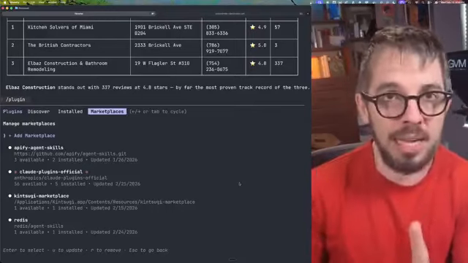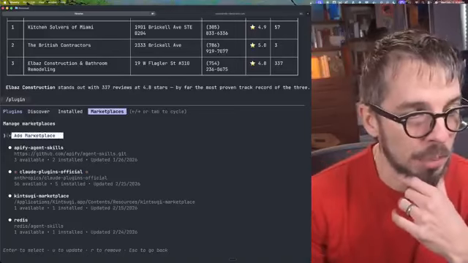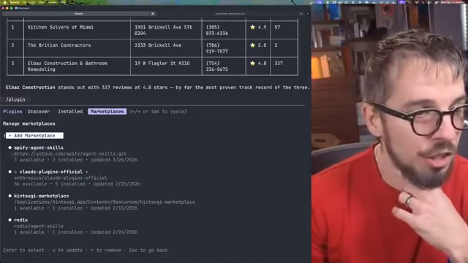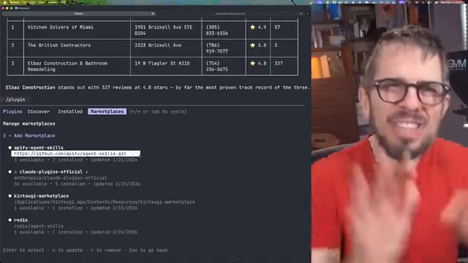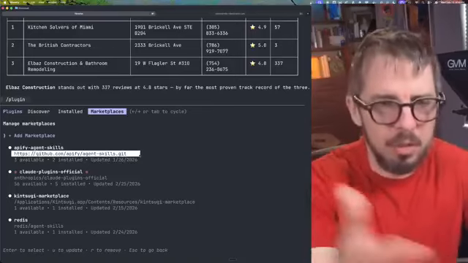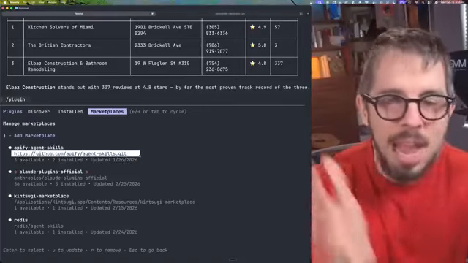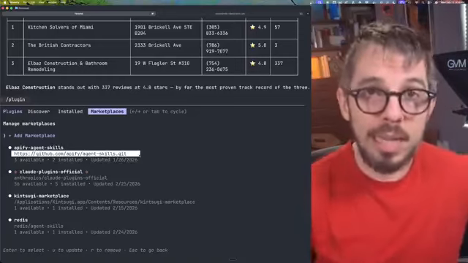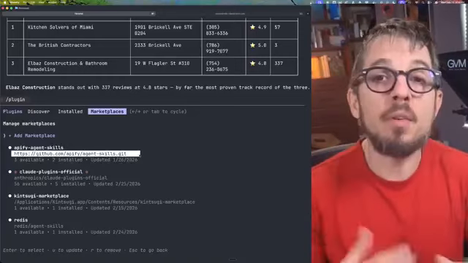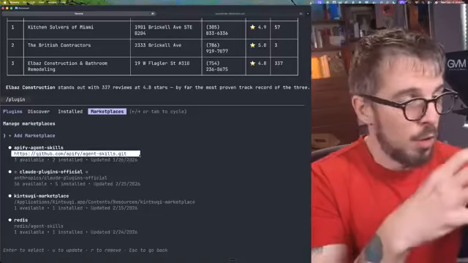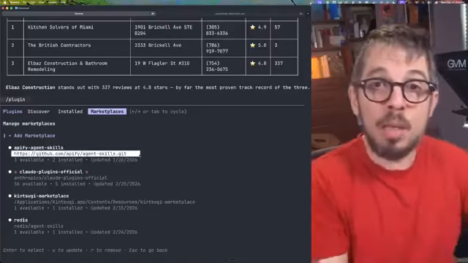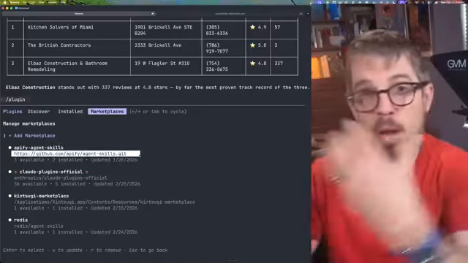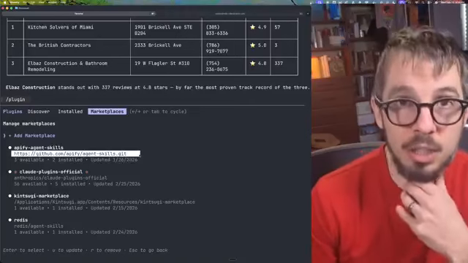In the marketplace, you're going to go to Add Marketplace, which is an option there, and just type this URL. You don't have to type the whole thing, but if you copy this URL, which is the Apify agent skills repo in GitHub, that will give you access to the marketplace, which will give you access to all of the plugins that they publish. And if they publish plugins in the future, you're going to have access to install them.